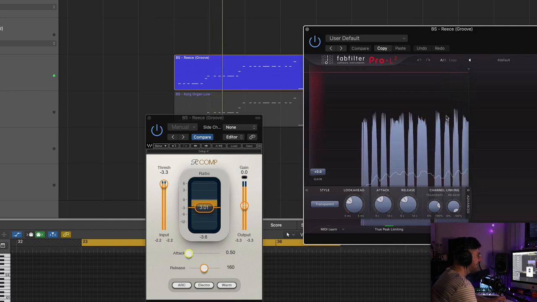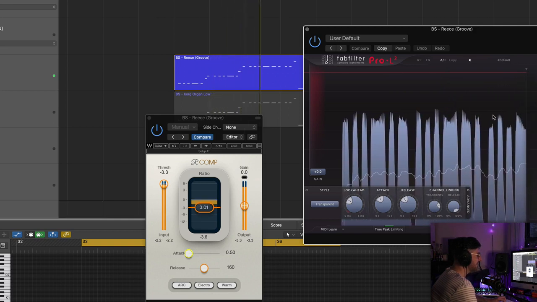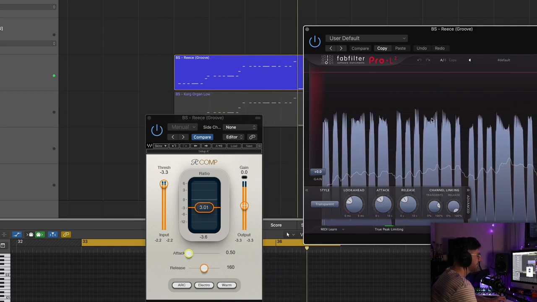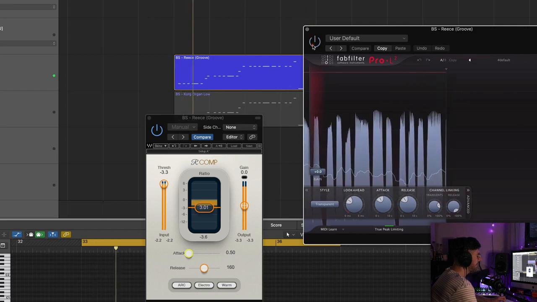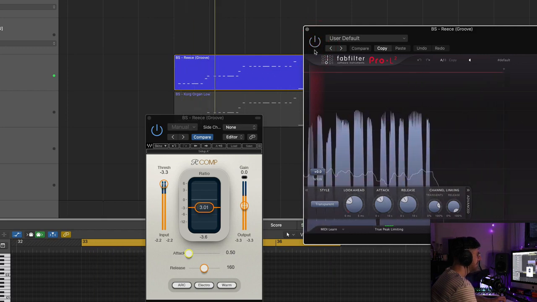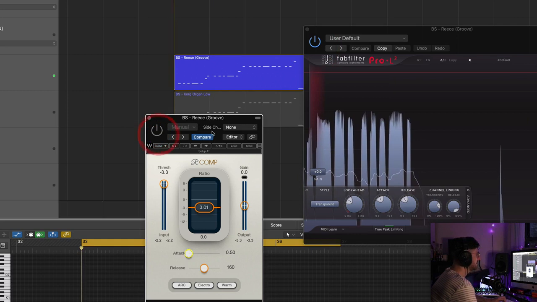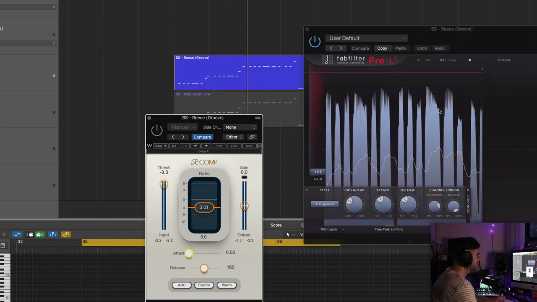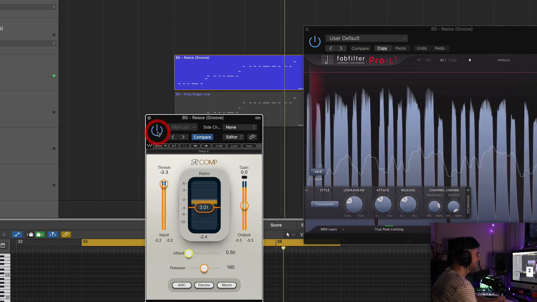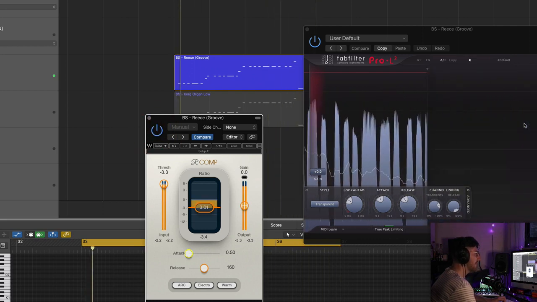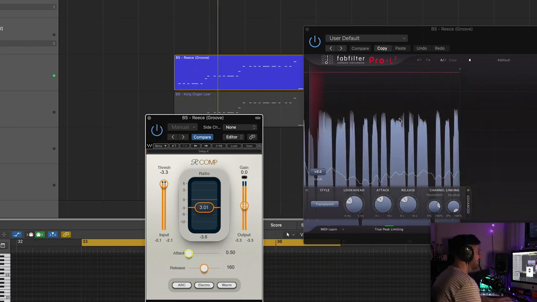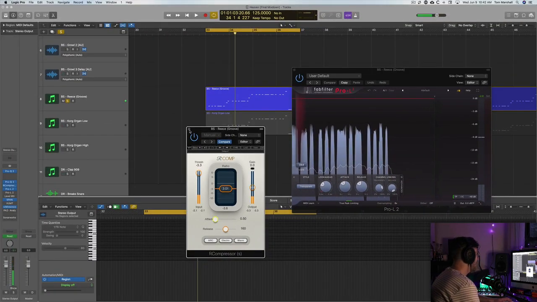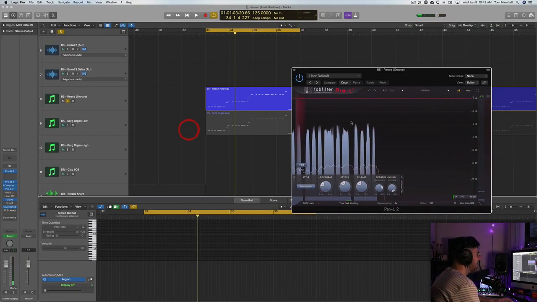So now we're getting a bit more of a consistent response here. We can see that before, and then after. And it's just giving it a bit more of a consistency. So I like that. Now just to clean it up even more, I might just take